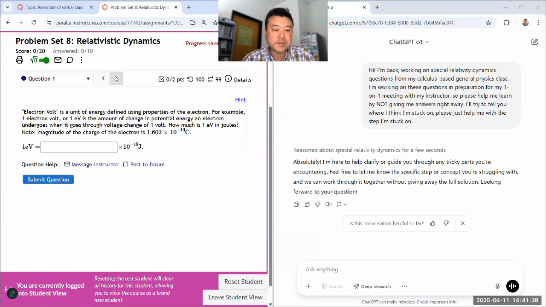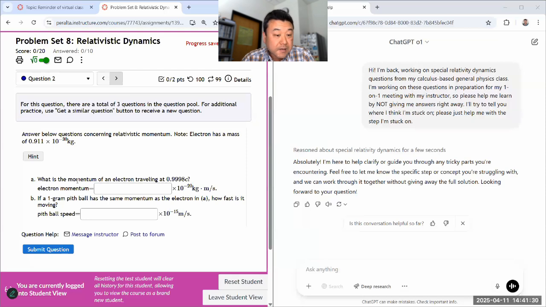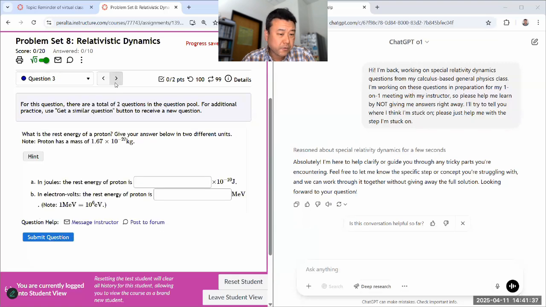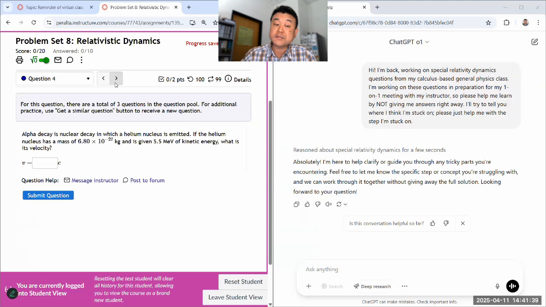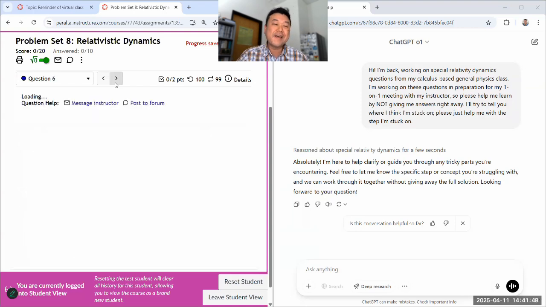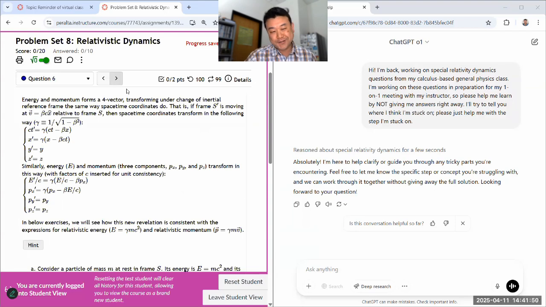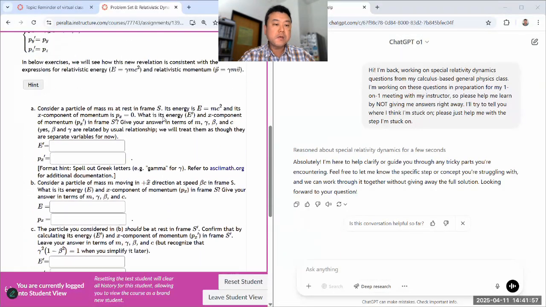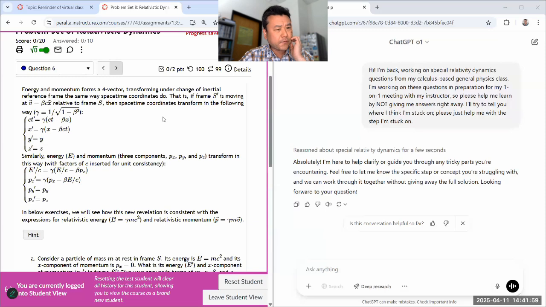These first few questions are relatively easy. I think this is a number sense question. And these are, I think, all questions from the textbook. And for this set, I wrote a few questions myself, specifically because I thought the textbook questions weren't asking interesting questions. So this is, I think, my 4-momentum primer question, which you should work through. Your textbook, I don't think, covers 4-momentum.